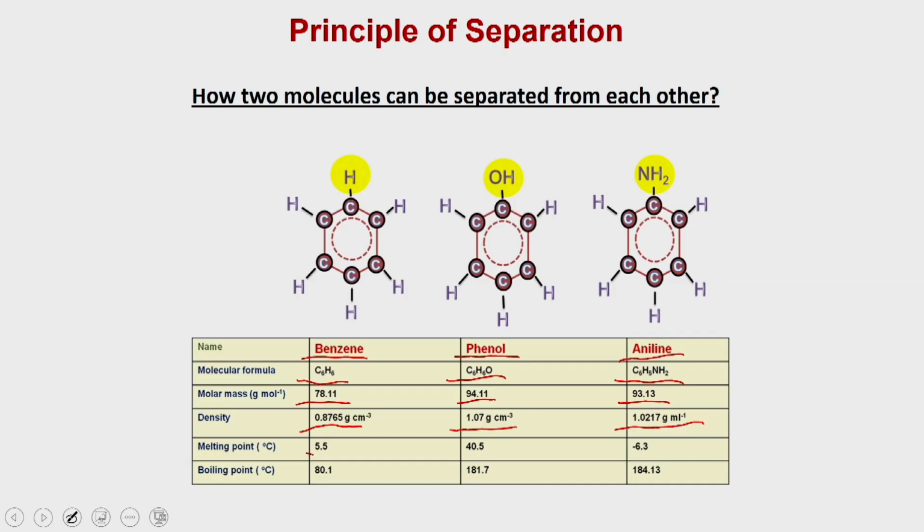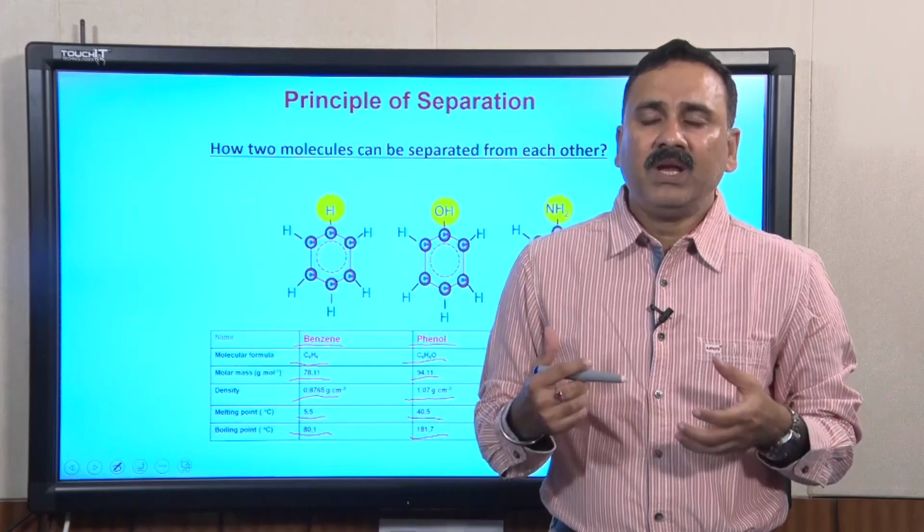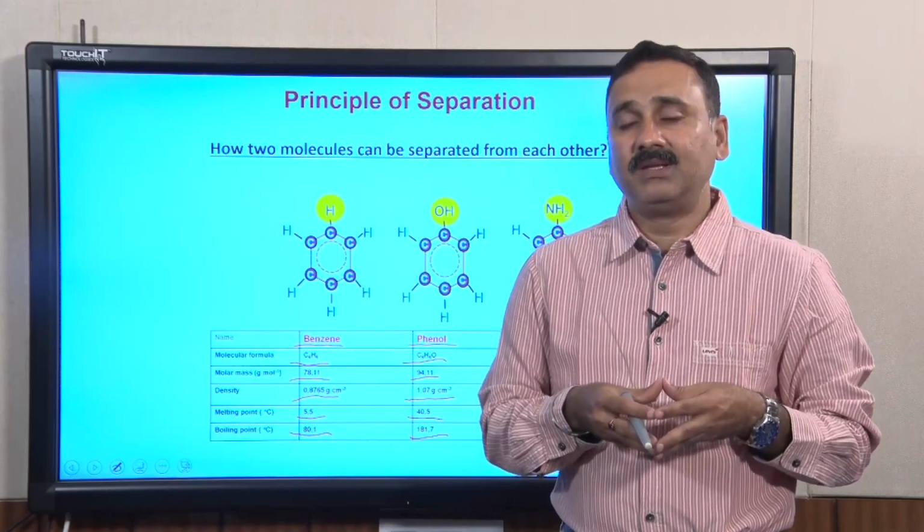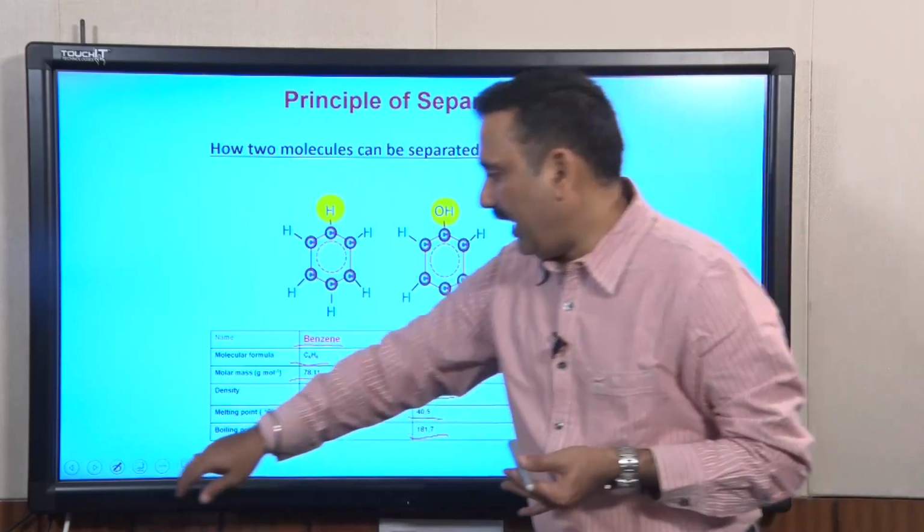The melting point is 5.5 degrees Celsius for benzene, 40.5 for phenol and minus 6.3 for aniline. The boiling points are 80.1, 181.7 and 184.13. So, what you can see is that all these 3 molecules vary in many of their physical properties as well as chemical properties, and